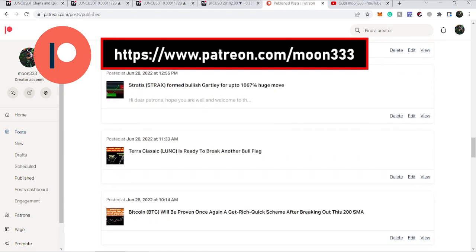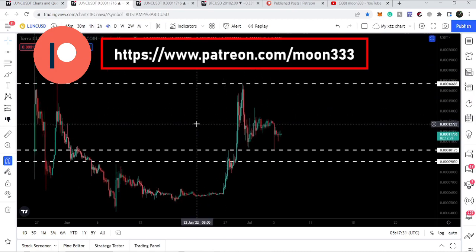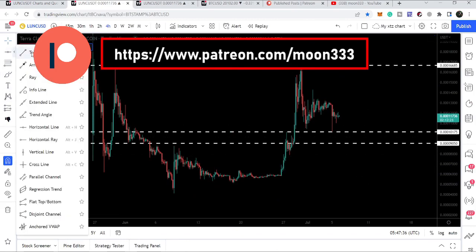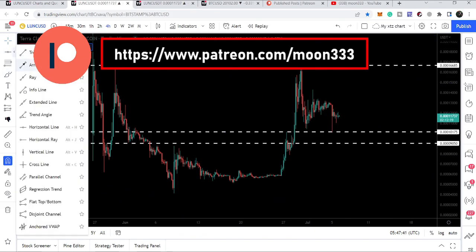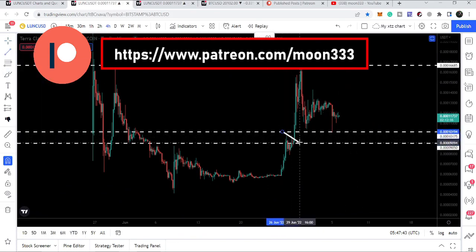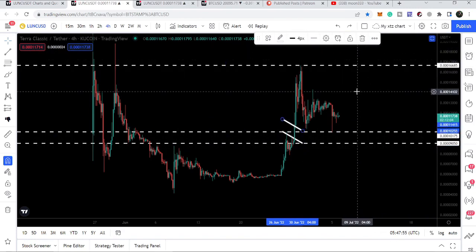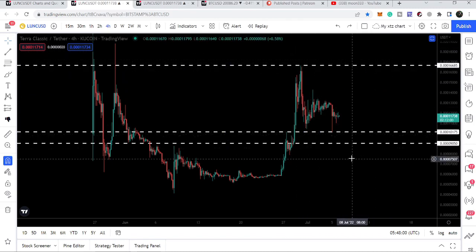So let's start the analysis. First of all, let me begin with this 4-hour time frame chart. Here we can see previously Terra Classic broke out different resistance levels, and finally here we had a bull flag when we had this short rally. After breaking out this bull flag, Terra Classic reached the final resistance that we have at 0.000166685, and after getting rejected by this resistance, it dropped down to the support at